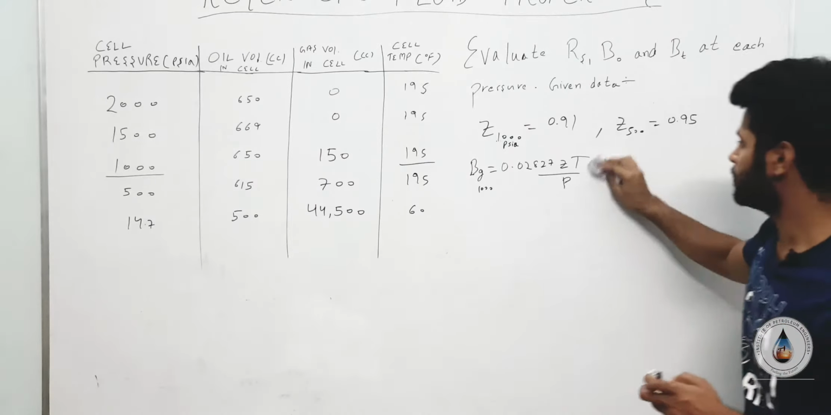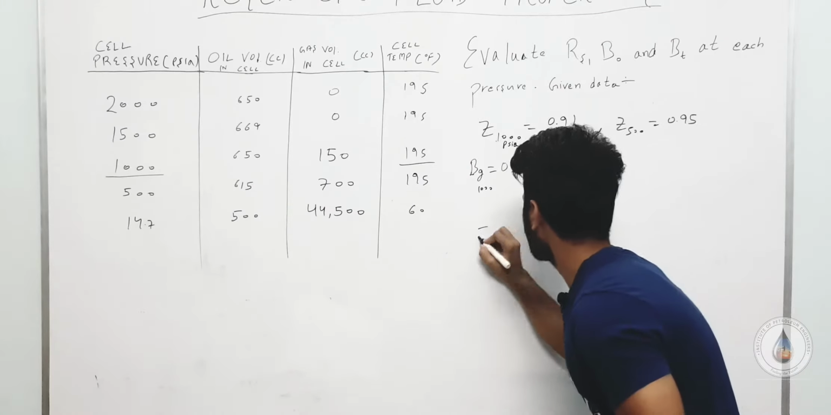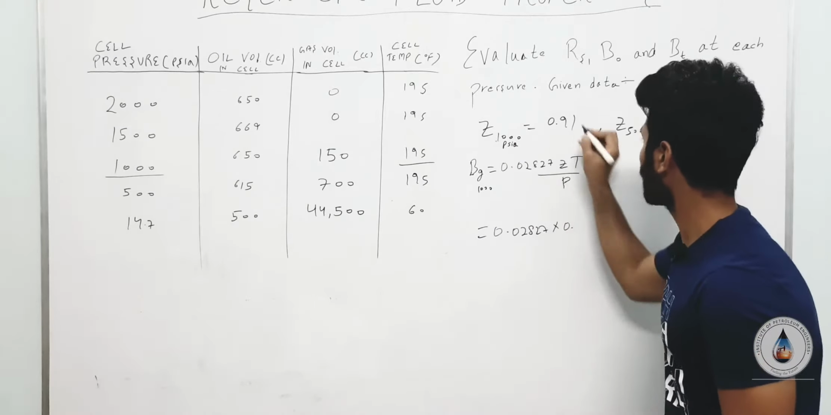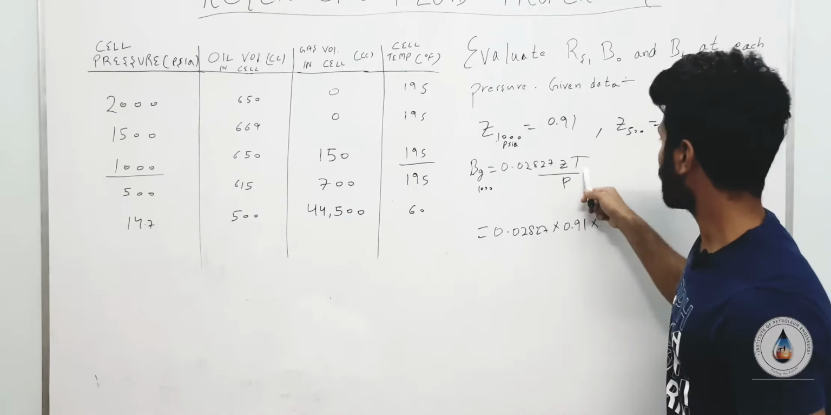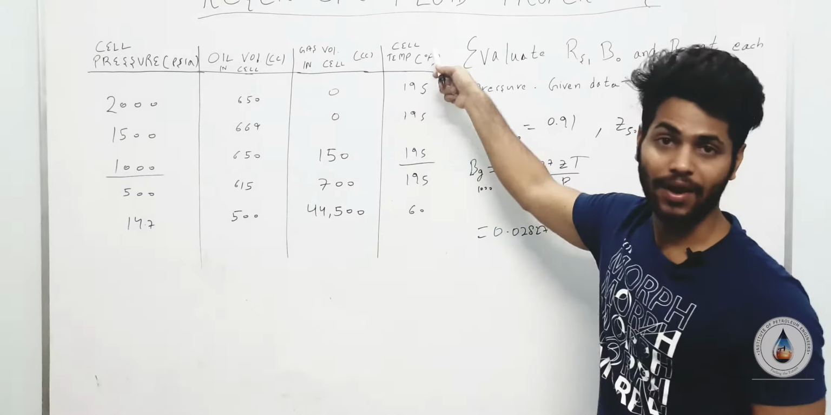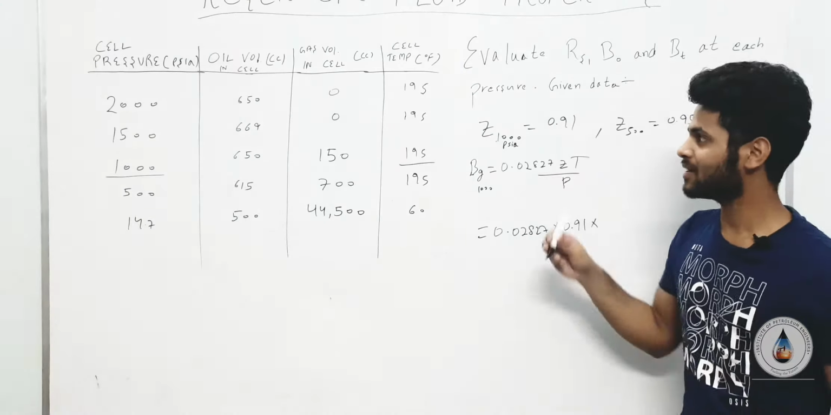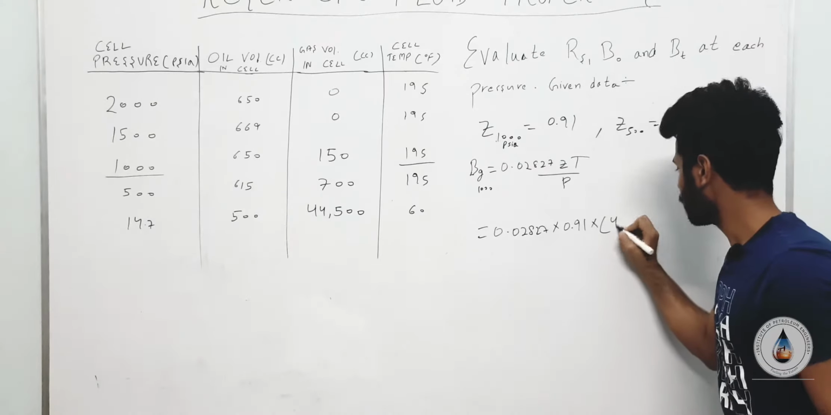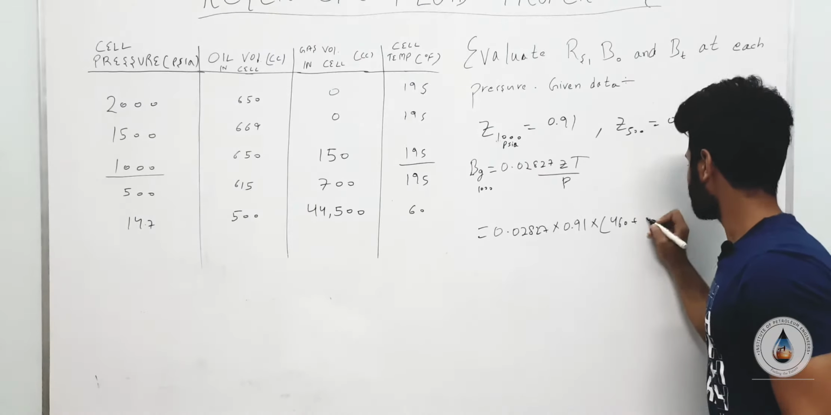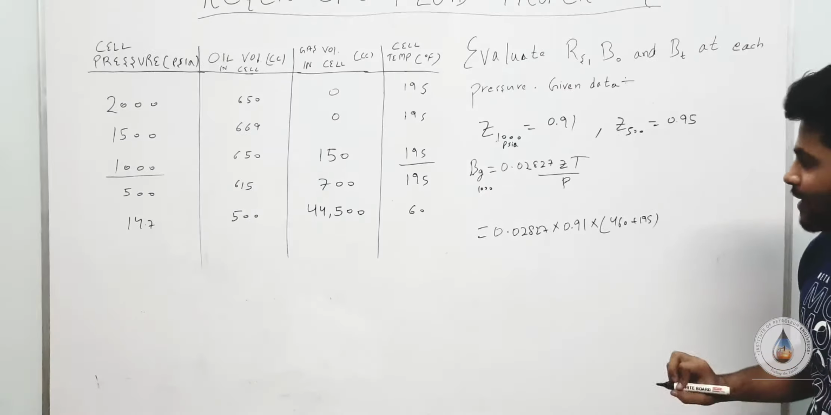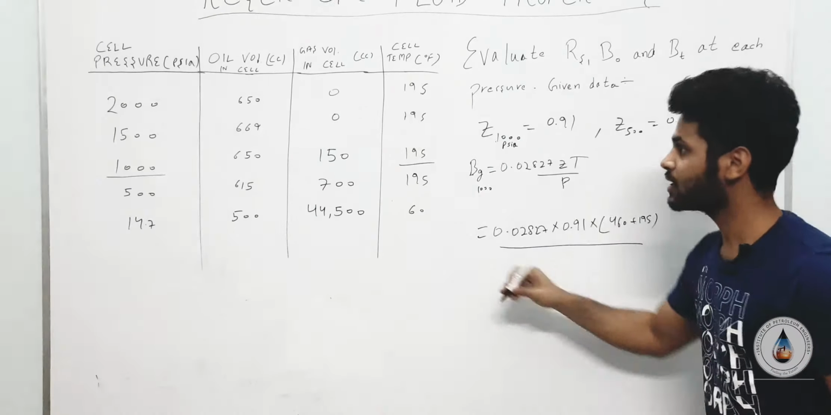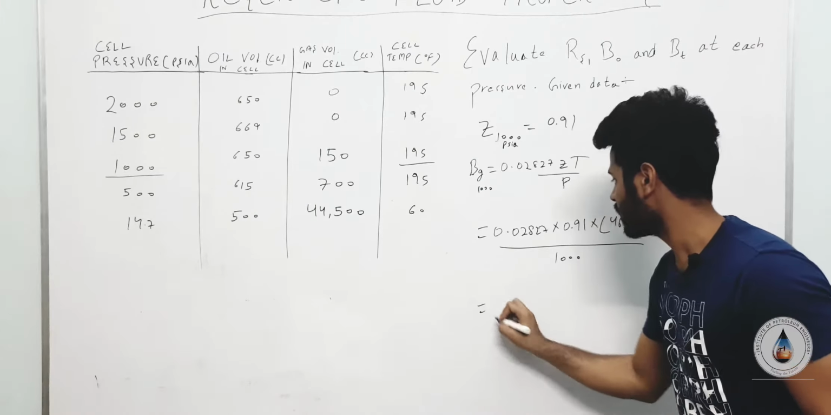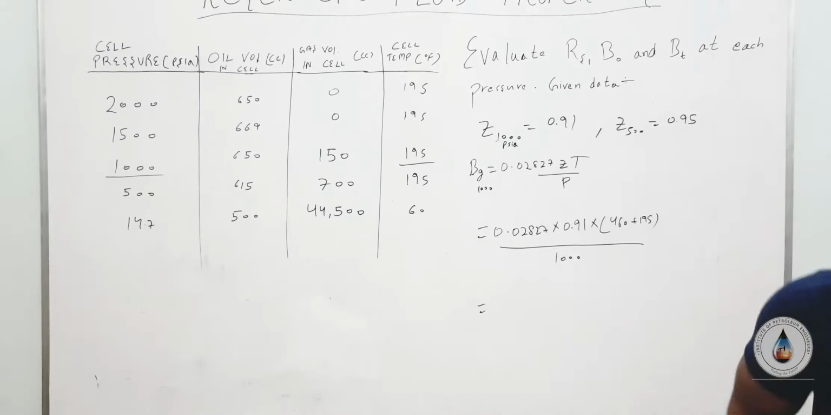So to calculate Bg at 1000 psi, it will be 0.02827 into 0.91 into, now temperature, here it is given 195 degree Fahrenheit, but we have discussed that temperature in field unit should always be in Rankine. So I'll simply do 460 plus that particular value and I'll get my value in Rankine. Now dividing this, my pressure has been given in psia, so no need to change that particular value. Now if you solve this,